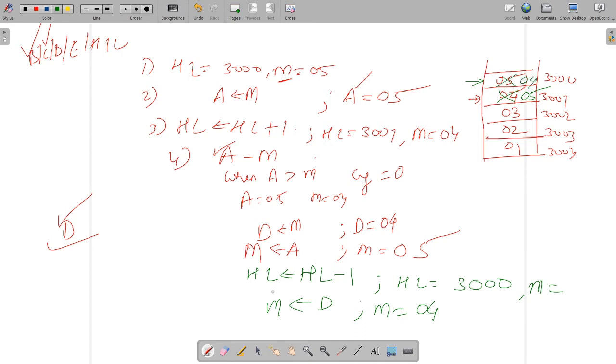But we have gone one step backward. So after doing this swapping, we will again come back to our normal position. So here HL should be increased by 1. Fine. So this is the logic you will have to implement using the 8085 simulator, and we will be drawing a flow chart for this.